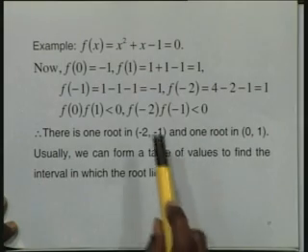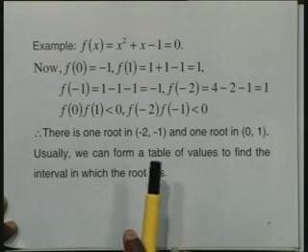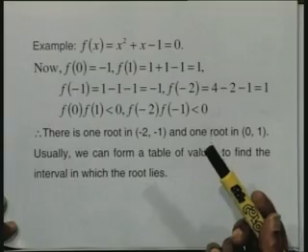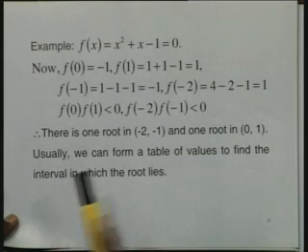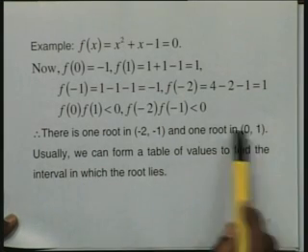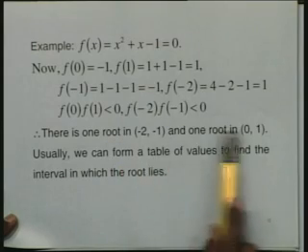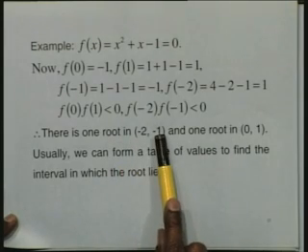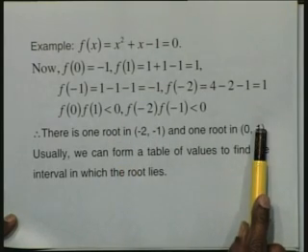Now, once we locate that the root lies in a particular interval (a, b), I would go for iterating it further. Now, f of 0 into f of minus 2, will that also be less than 0? Yes, there is obviously a root, because this is minus 2 and minus 1, there is a root between 0 and 1, right.